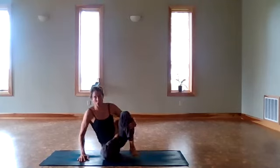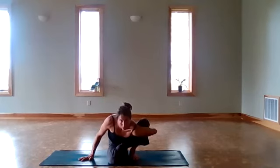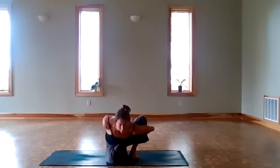Let's do the same thing other side. You might have chosen the no lotus version with right leg and left foot in Marichyasana, or maybe right foot in half lotus. Left foot in the squat position, coming on the inside of the left leg, wrapping the arms. Inhaling, exhaling, bowing down. 1,